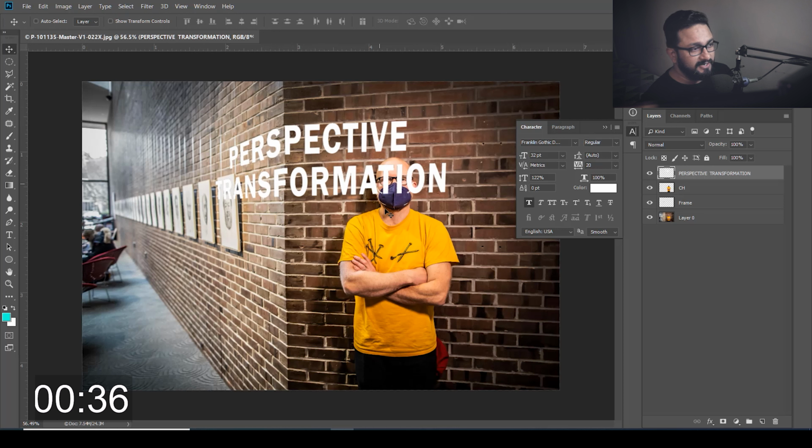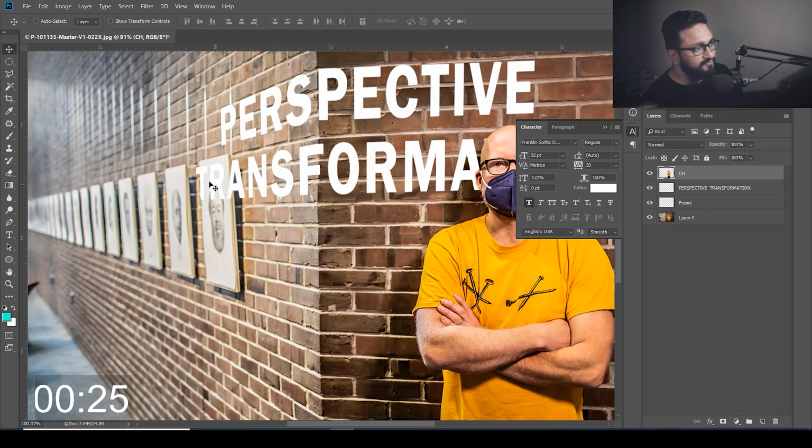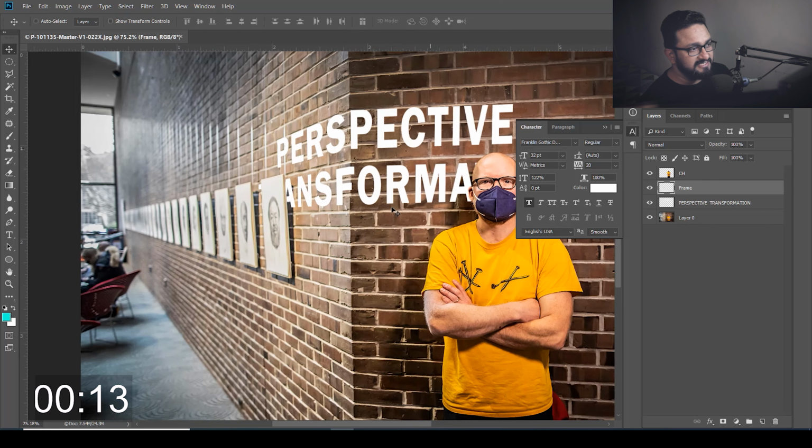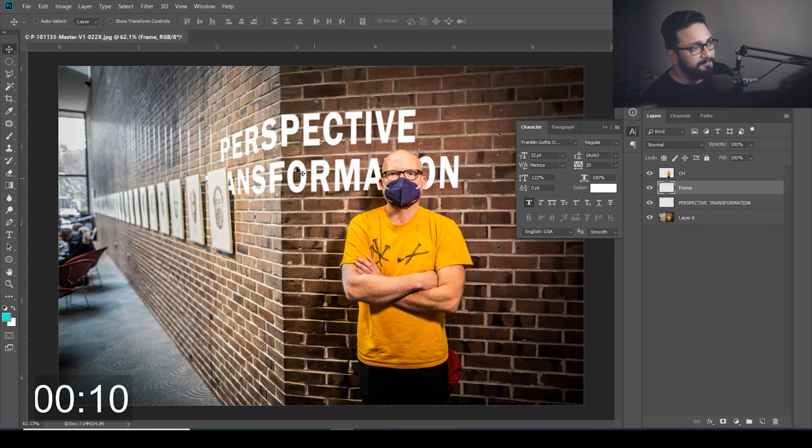What else we can do? I want my character to be on top, so I have the layer over here and I can just pull it upward, something like that. And if you want your text to be behind this frame, so I have a frame cutout, then directly I can place my frame cutout over here, and as you can see, I have very precisely transformed my text